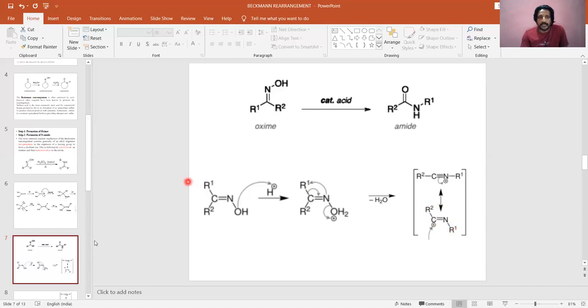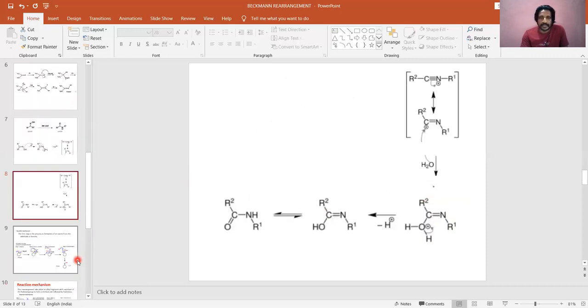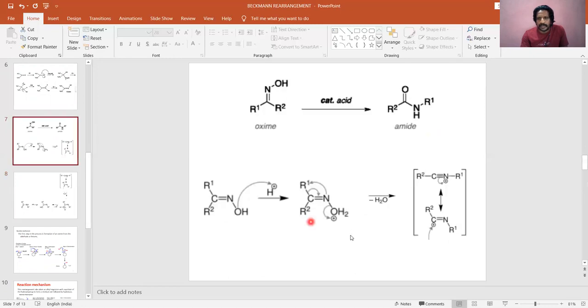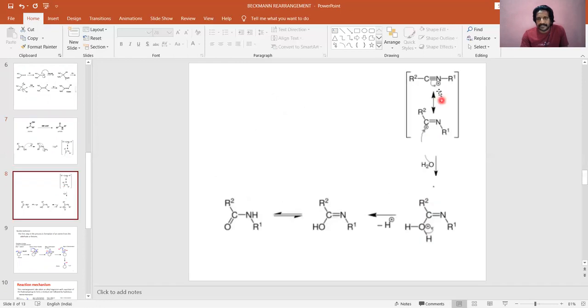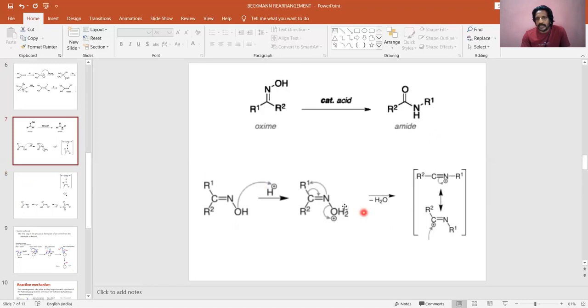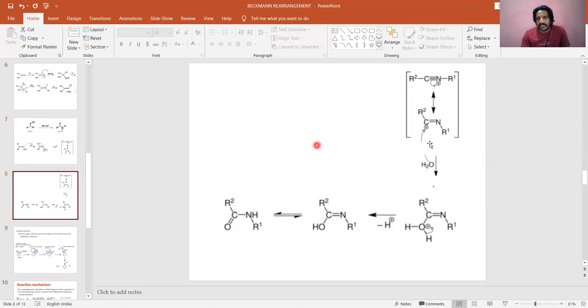Okay, so let us see what happened in the next step. The same reaction, R2, C plus double bond N R1. Don't get confused, it is the same thing. This is a resonance structure, the possible resonance structure I have given here, but you need not worry about it. Look at the structure here, R2, C double bond N R1, to which the water molecule will now be added. One water molecule was eliminated and is there in the reaction mixture. So that water will be added over to this carbon now. The carbon has a plus charge because carbon lost its R1. R1 has now migrated to nitrogen.